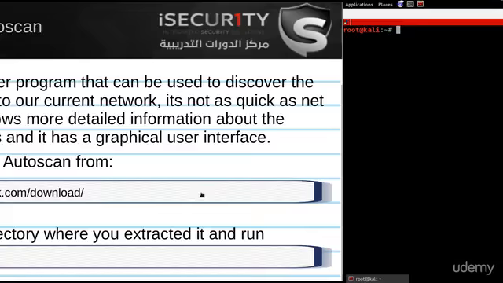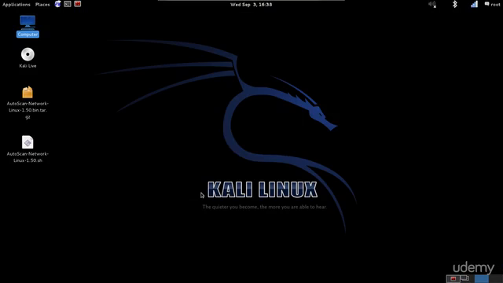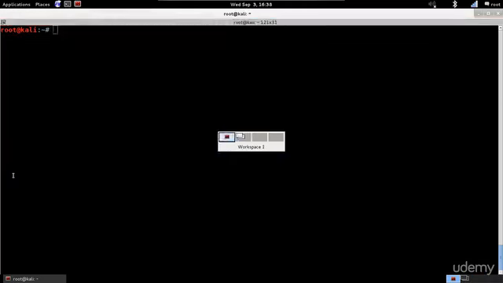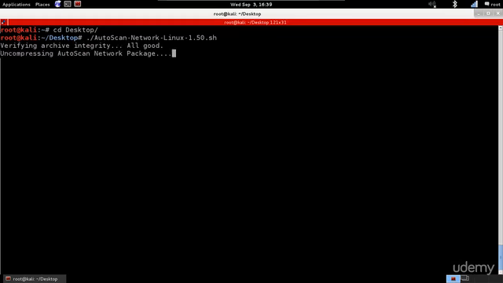And once you download it, you'll have an archive. I'll show you what it looks like here. That's the archive, so you just need to extract it. I have it extracted here on the desktop. Then we're gonna run this file, which is the installer. I'm at the desktop, so I'm just opening the desktop directory, and I'm gonna install it by running that file I just showed you. It's autoscan network linux.sh,